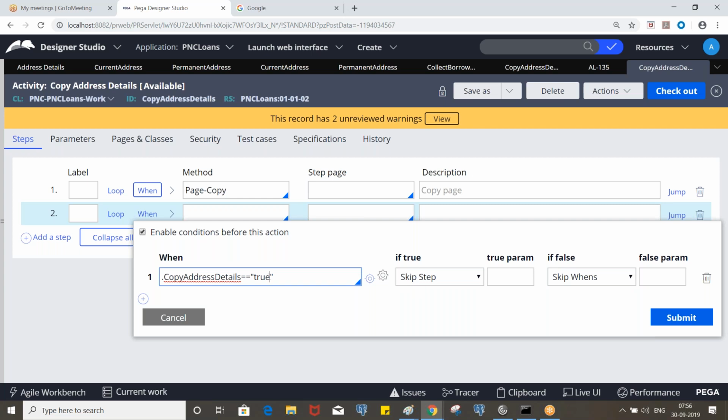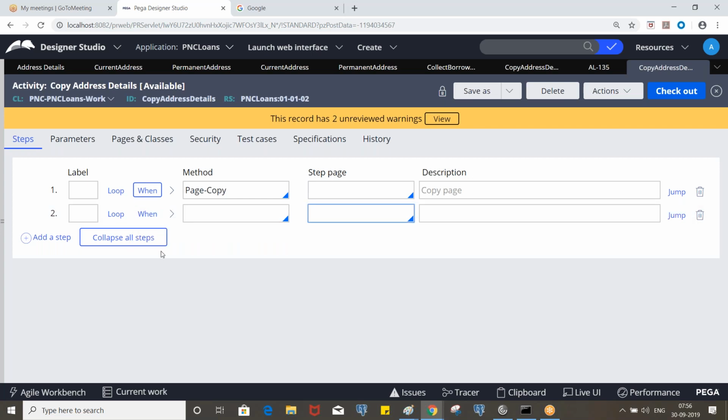Satyam, could you please show me this pictorial representation if you don't mind, because I'm not getting this. If you want to skip this when condition, so how can this method be executed? We already gave this condition as true, right? Yeah. So before that, through activities we execute the methods, right? Yeah, yeah. So before executing this method, let's say if this condition is satisfied, then only I want to execute this method.